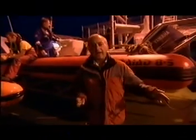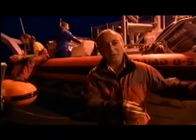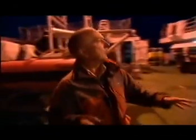It's 5 to 9 now. We were just about to go. Jim had made the decision, but we've drifted 2 miles off course. So it's going to be another half hour in order to get back to where we're supposed to be. But the other thing is that the weather forecast...